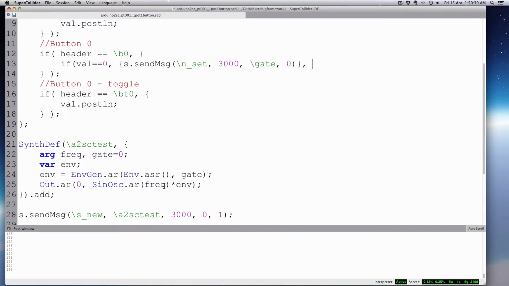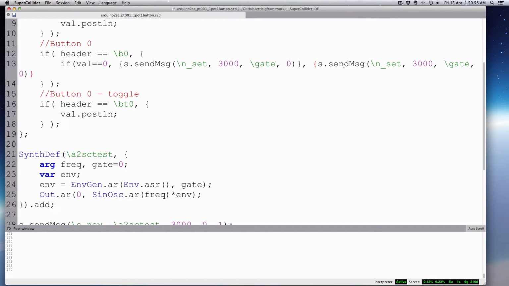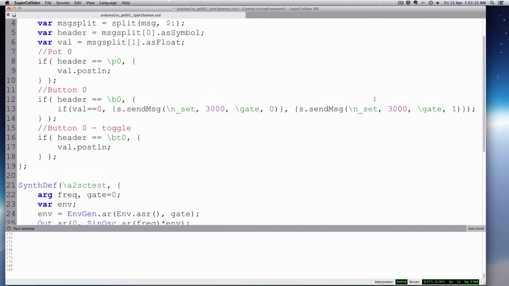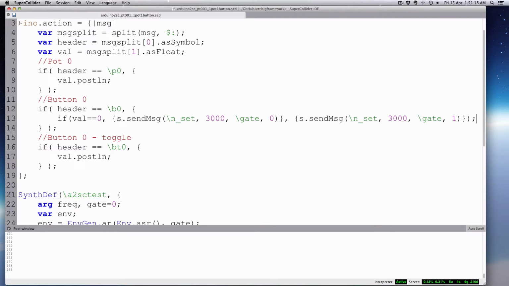And then else. So if it's 0, that means if I'm not pushing the button, it'll send this there. And then if I am pushing the button, if it is 1, or it's not 0, but there's only 2 choices, then we'll do the same thing, s.sendMsg, except we'll make it, let's shrink that so you can see everything on one line. We'll make this gate 1. Okay. And then we'll close our if statement. And I think we need a semicolon. I don't think we need one, but I'll put one there anyways. Okay. So then now if I evaluate this whole action,